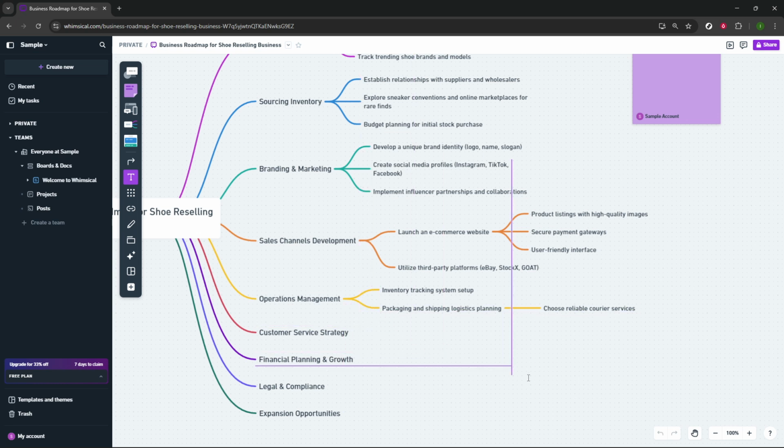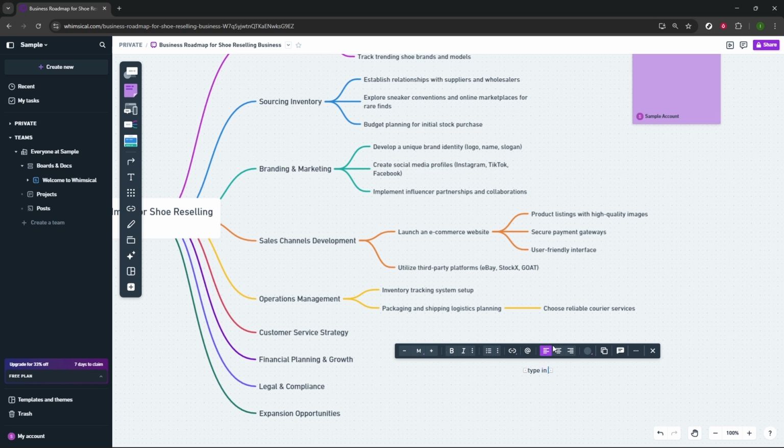After selecting the text icon, move your cursor to the workspace area where you aim to place the text. Click on your chosen area in the workspace to insert a text box. This action will create a new text field, and you'll immediately notice a small text box appear where you clicked. At this stage, the box is typically small, so if you need more space to accommodate longer text, you can